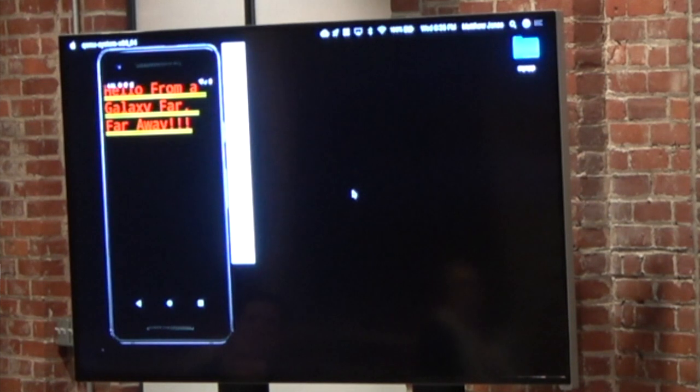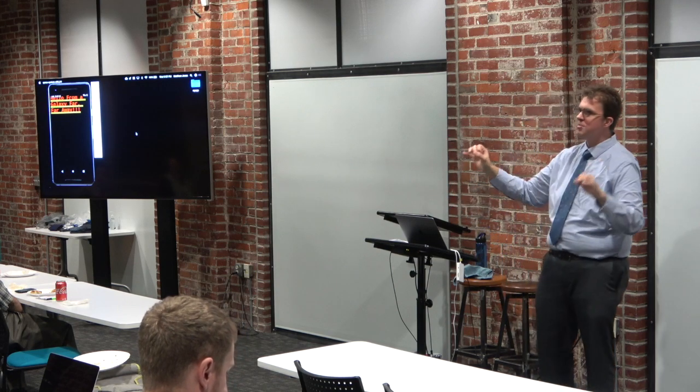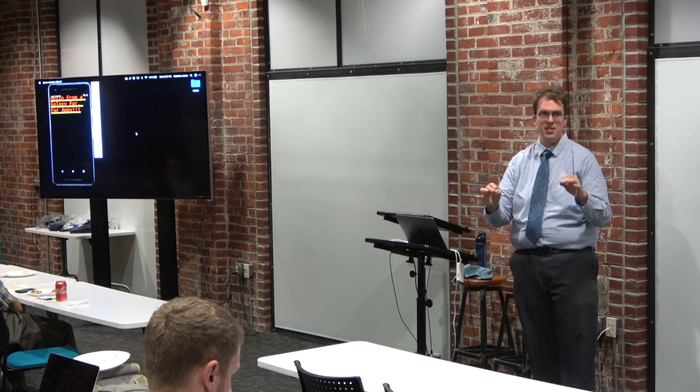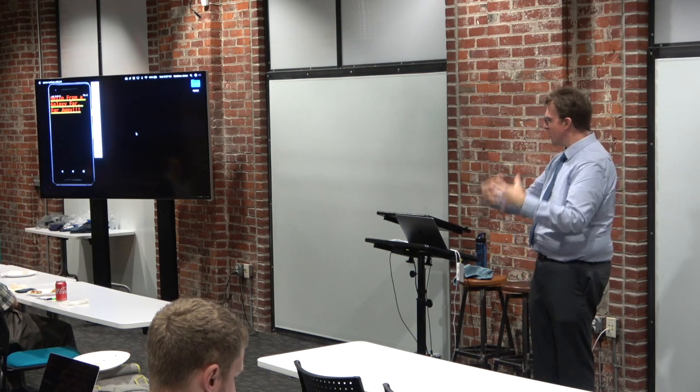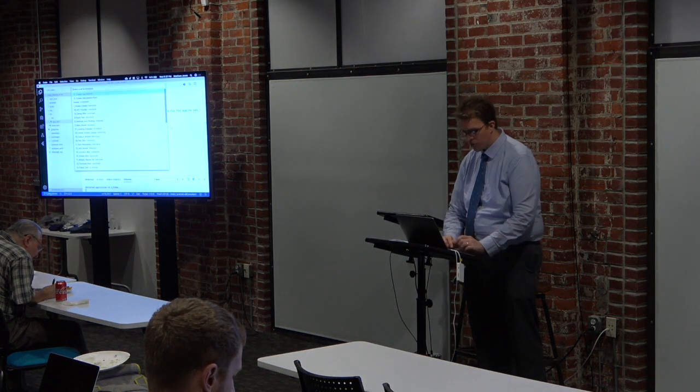All right, so that gives us this. Ugly, right? So ugly. We need to do something about this. But that is the smallest, most bare bones Flutter app that you can basically build. And we're going to build everything else on top of this. And wow, I'm done in almost 20 minutes. Okay, so let's go ahead and build our first screen.